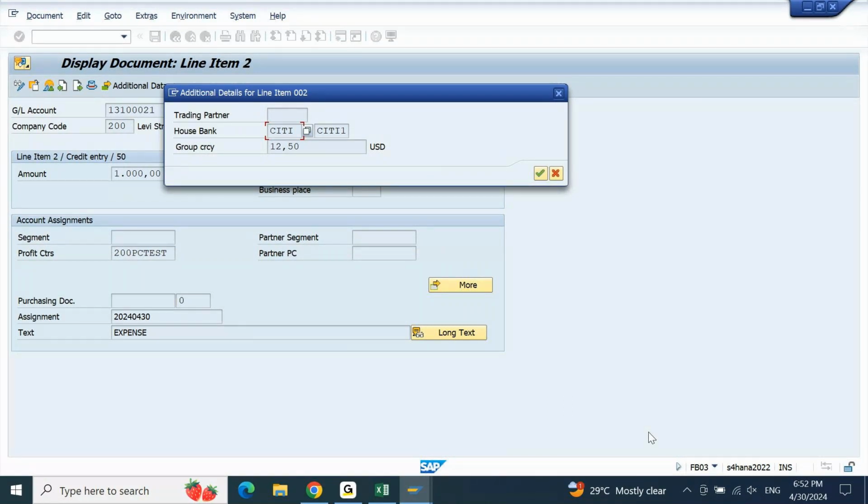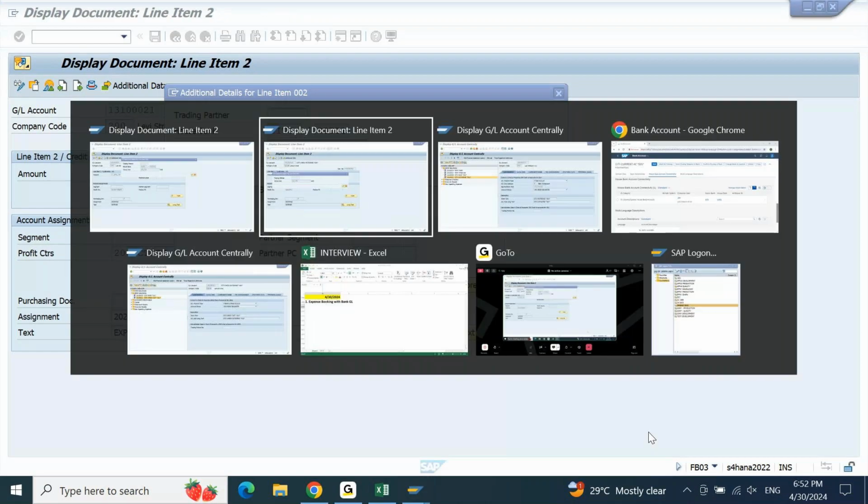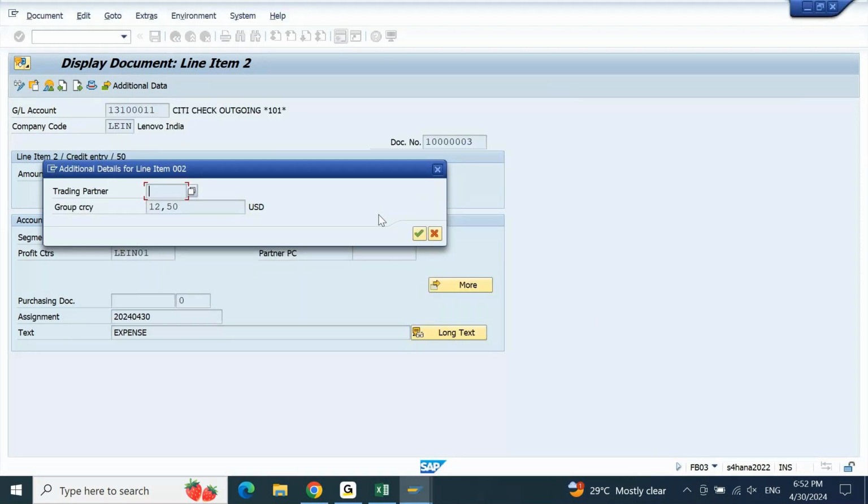There is no house bank account ID because that is a regular balance sheet account. Because that is a regular balance sheet account, the GL account itself has got a dedicated house bank account ID. According to balance sheet account concept, each GL account is representing a dedicated house bank account ID according to this logic. But when it comes to cash account logic,